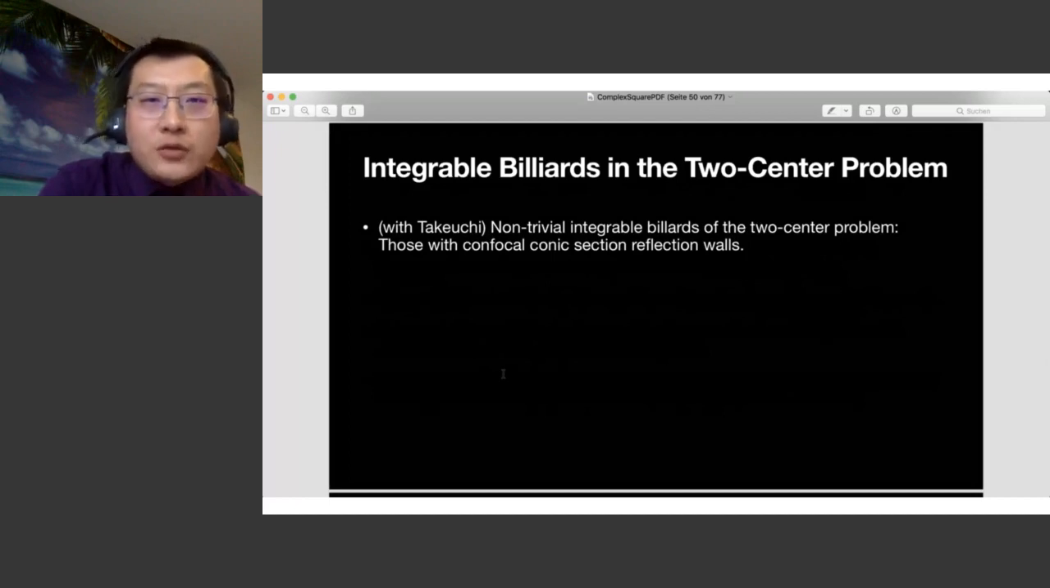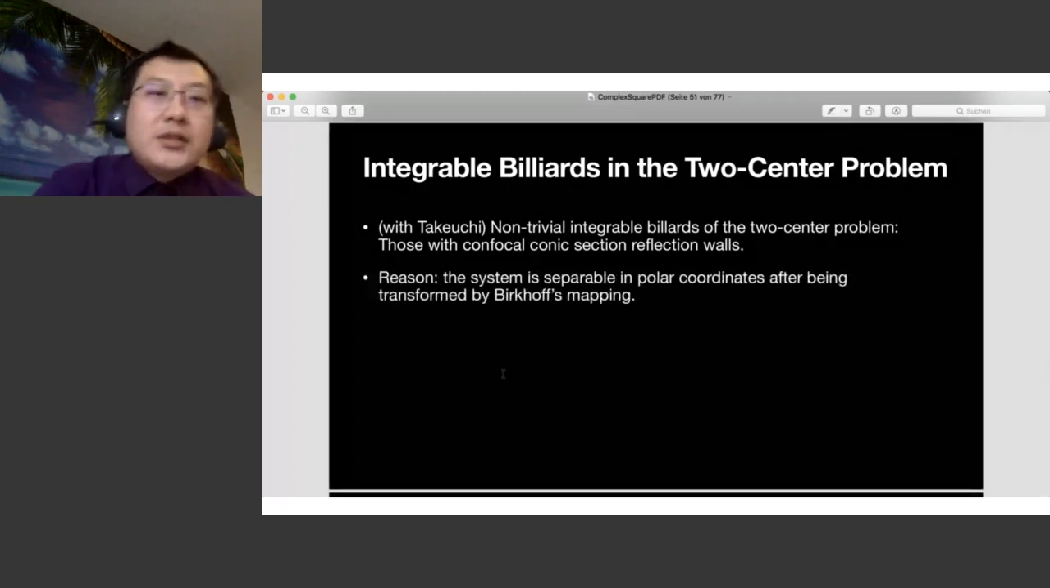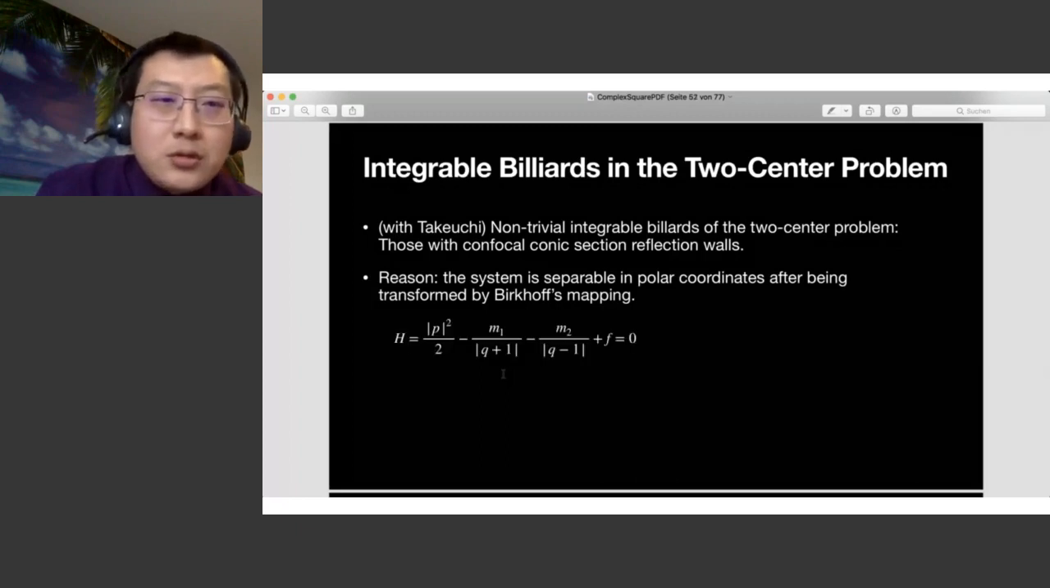So it doesn't have to be simple, and you can take a combination of these, and the system remains well. So the corresponding billiard system will remain integrable. And the reason is that the system is separable in polar coordinates after being transformed by Birkhoff's mapping. So this is the Hamiltonian of the two-center problem